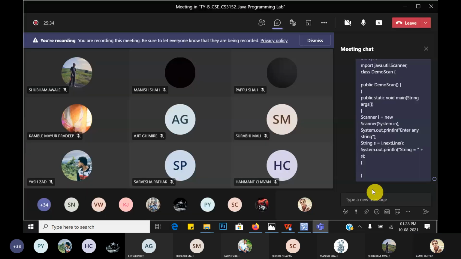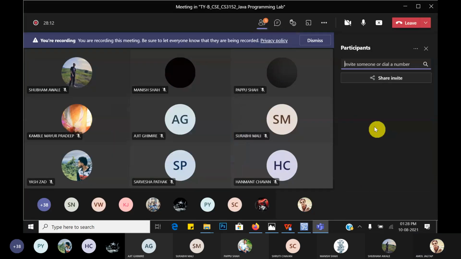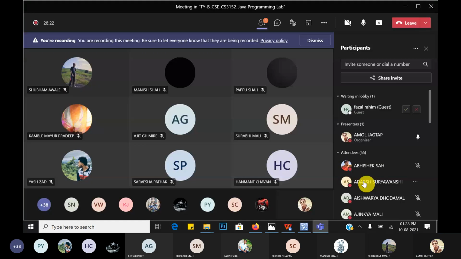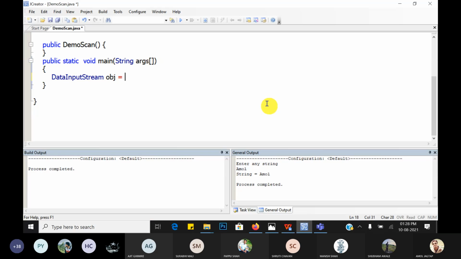So create: DataInputStream obj, where obj is the name of the object. Now create the instance with new DataInputStream, the name of the class.